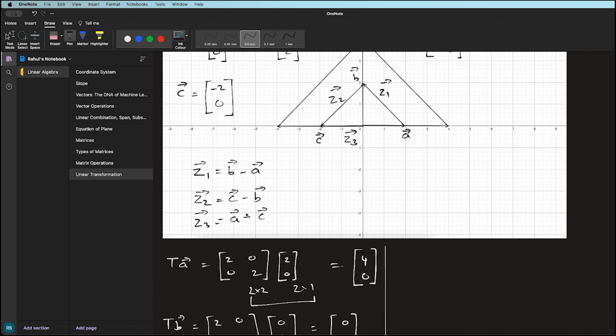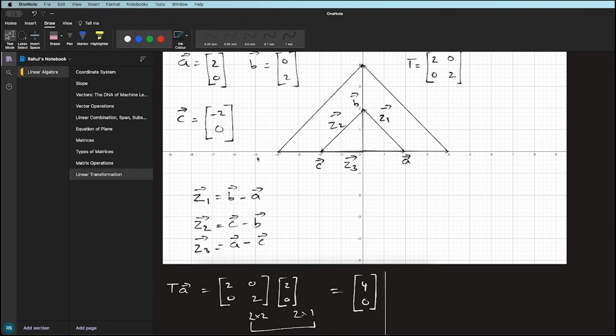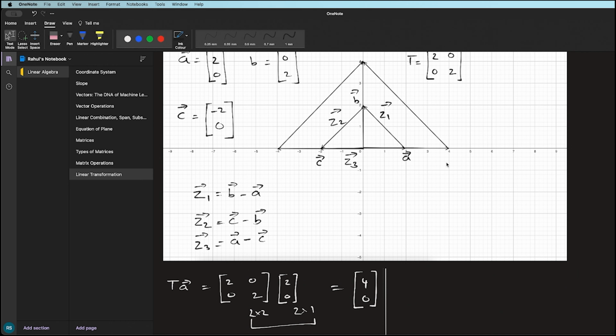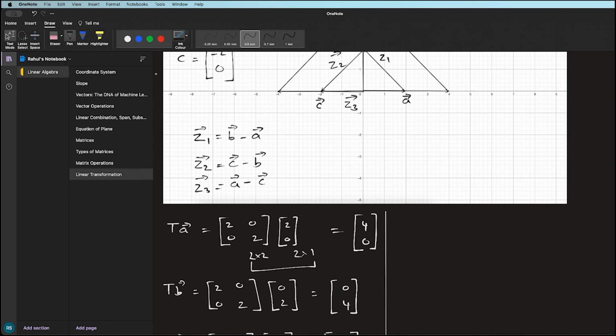So by subtracting a from b, b from c, and c from a, I can get the values of z1, z2 and z3. But if I want to find the number of points lying from a to b, then b to c and c to a, then in that case I can write